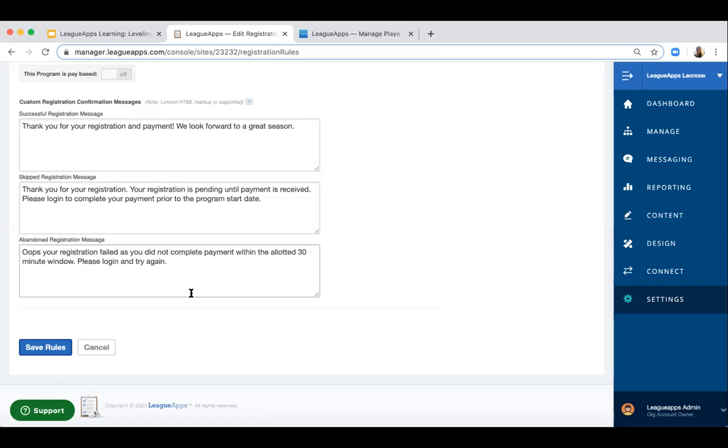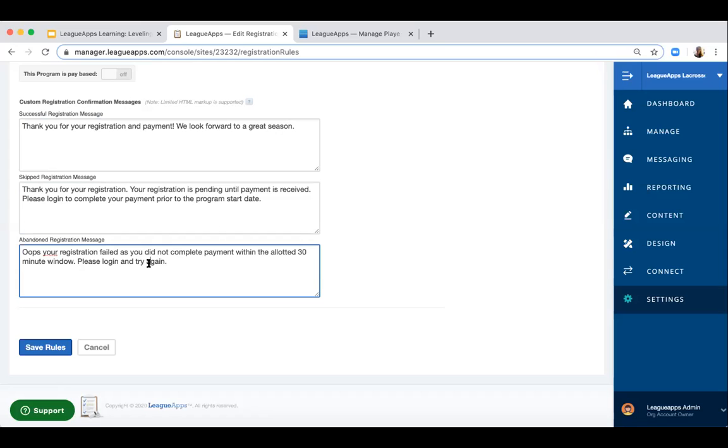You can set up pretty much a template for your account, and that is what these messages are. This would apply to any new program you make. So these are your default messages. It's your standard, your template, whatever word you want to use. When you create a new program every season, that program will be created with these default messages and settings in place. And then you can customize them as needed.